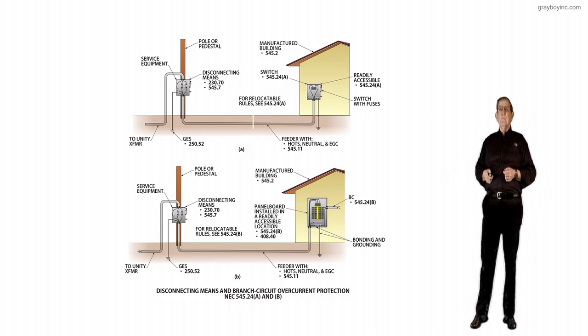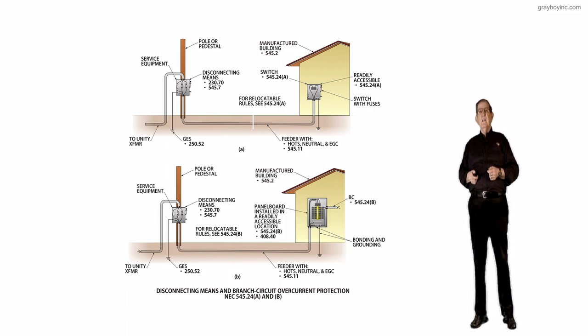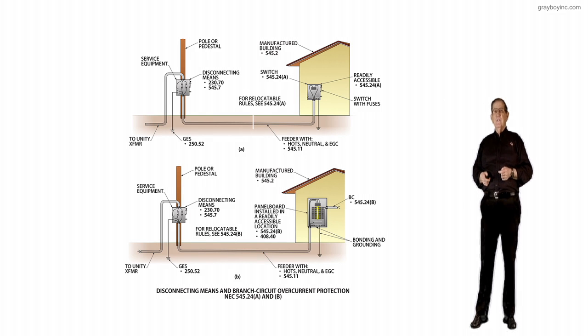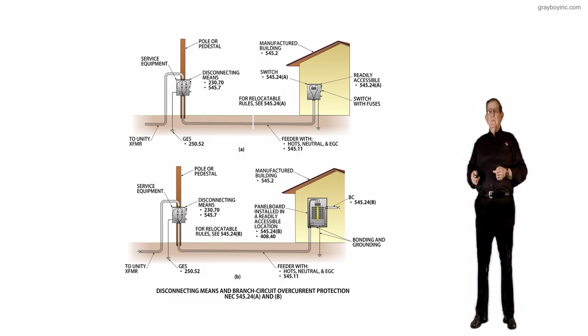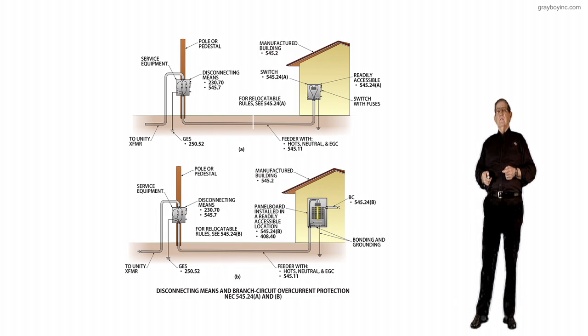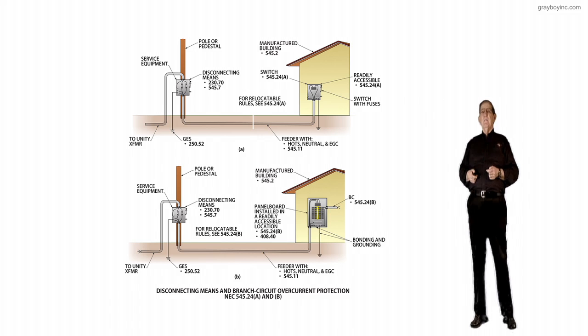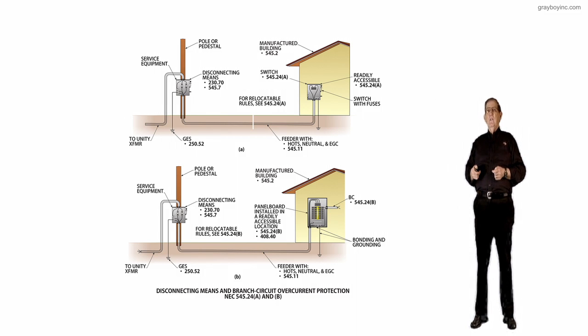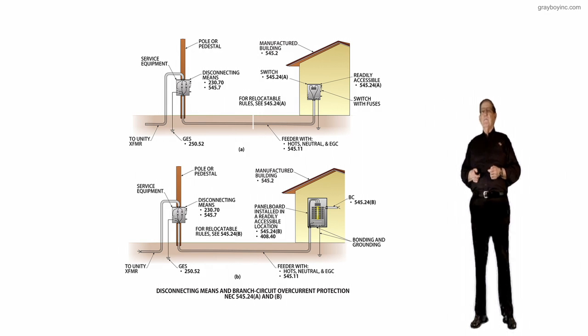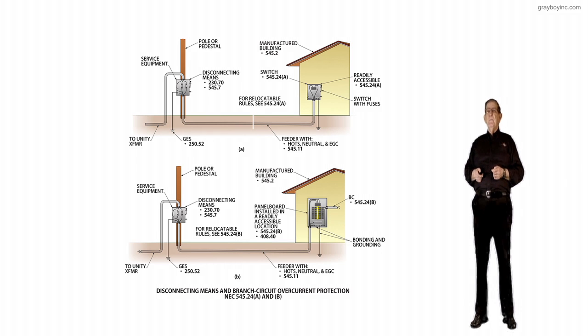Now, dropping down below and looking at the illustration below, then once again, first we have the disconnecting means that does comply with 230.70 and 545.7, and the call out with the arrow pointing toward the disconnect. Again, this building you can relocate as permitted in 545.24(B). And notice here we have a panelboard installed in a readily accessible location that completely complies with 545.24(B) and